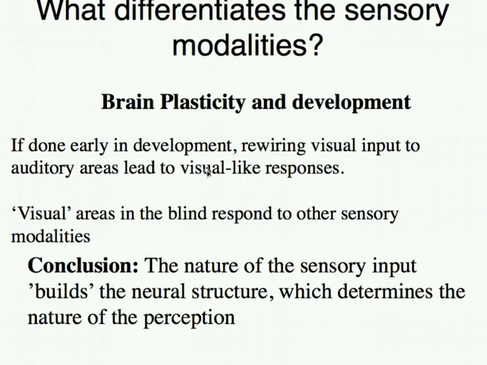However, as we noted, the more recent findings from developmental literature and findings about brain plasticity suggest that those parts of the brain are not simply that way because of the structure at birth, but rather the reason they take on these characteristics is because of the input that they get. So if in early development you rewire auditory stimulation to a visual part of the brain, or visual information to an auditory part of the brain, you will see vision-like properties in that part of the brain that normally would